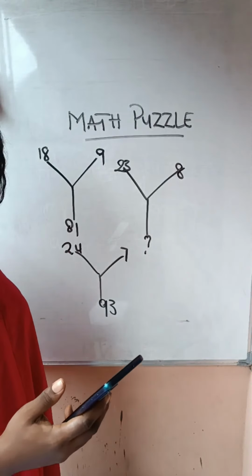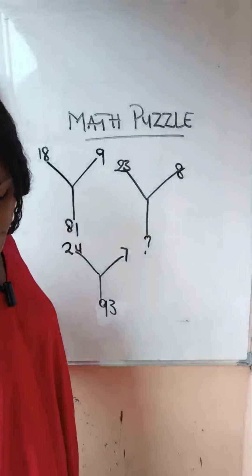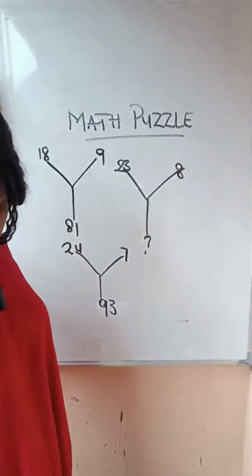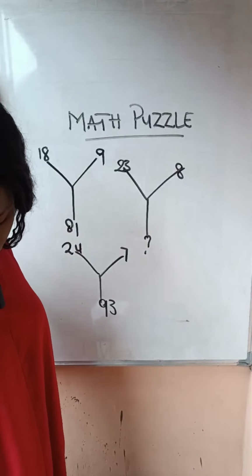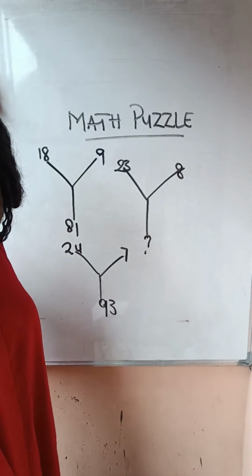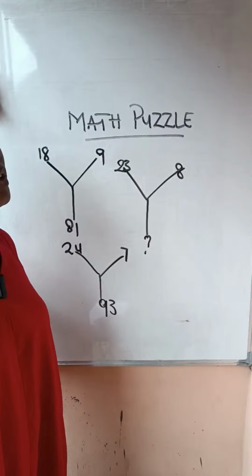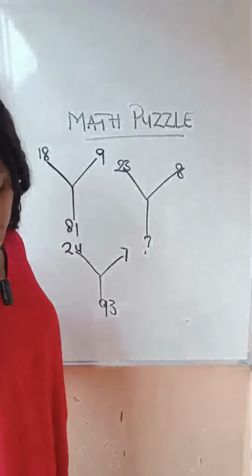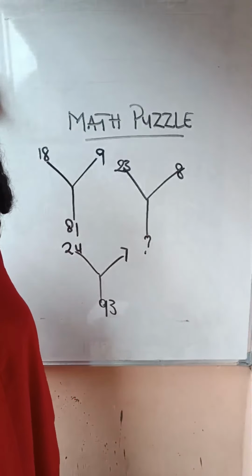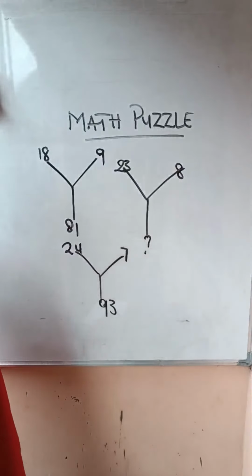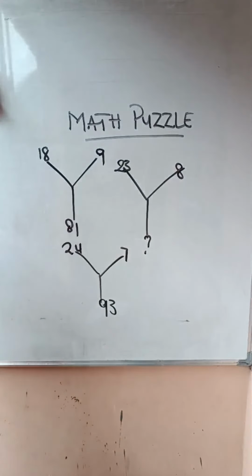So let's go, friends. What is the missing number? You can do this. It's actually not that difficult. I'm not saying that it's not difficult, but it's not that difficult. So let's go. We have 18, we have 9, we have 81, we have